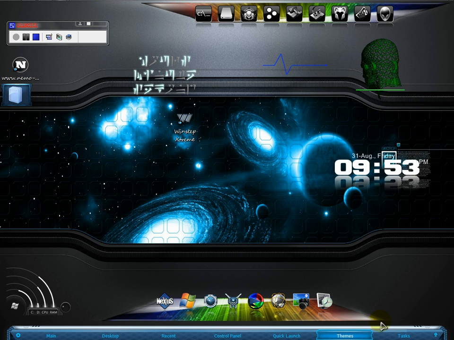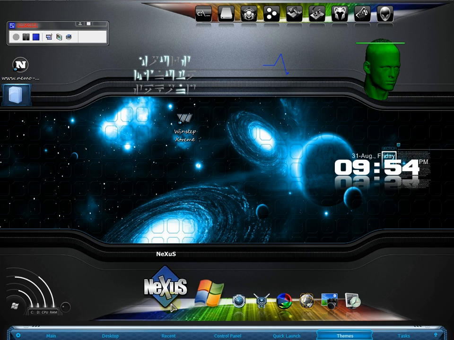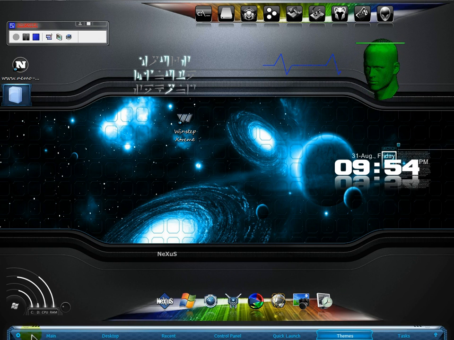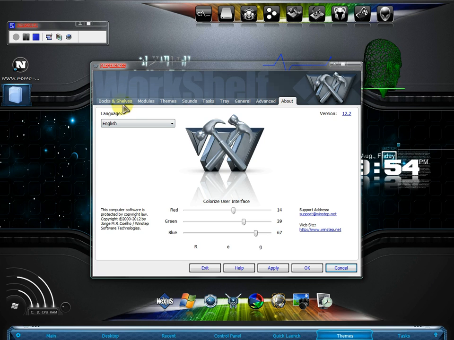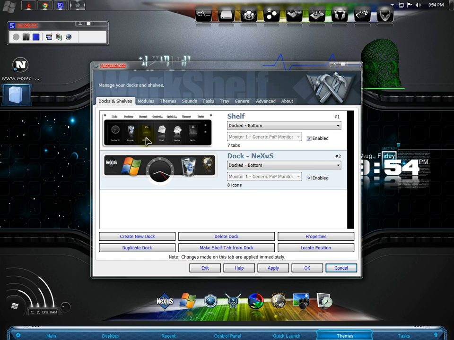The last thing that I will show you is how to change the effects on your WinStep docks. You can do that by pressing this button once again. Go to docks and shelves. You choose the dock that you want to change the effects.